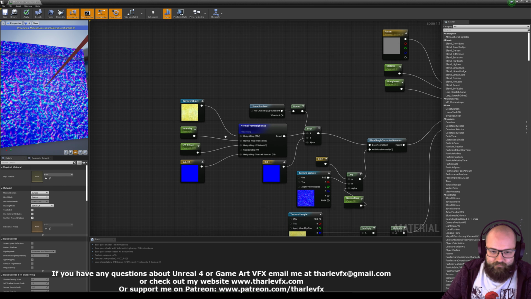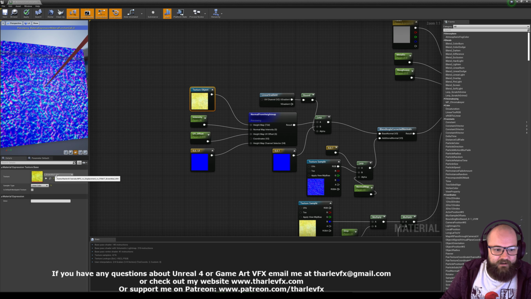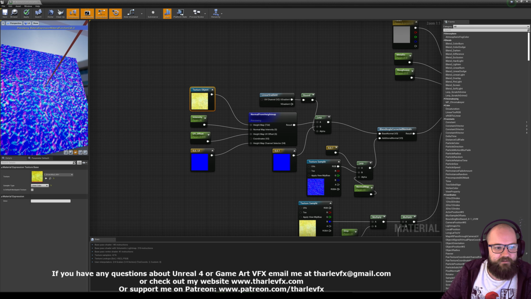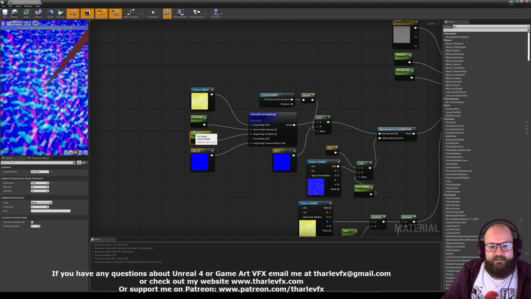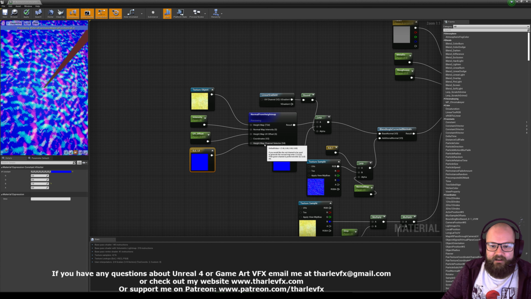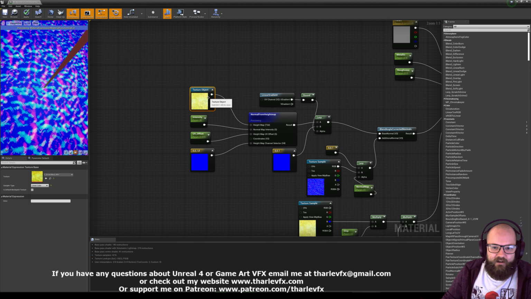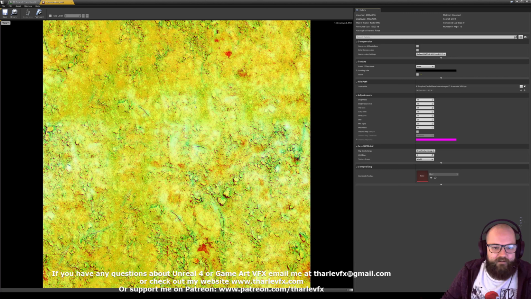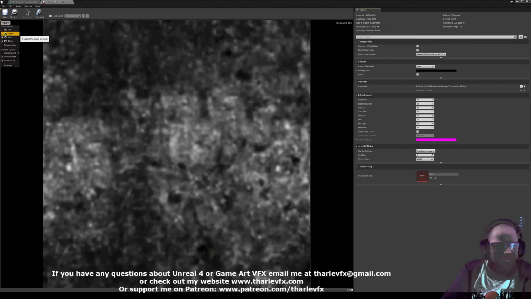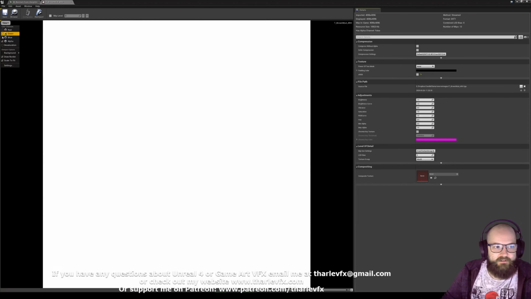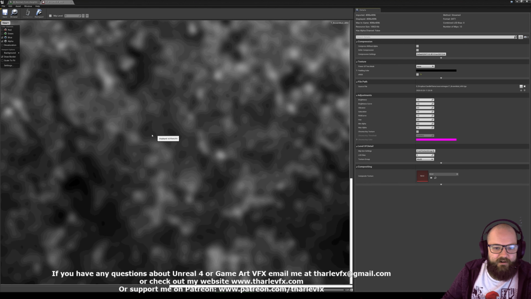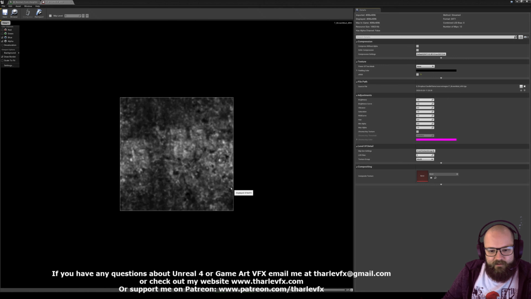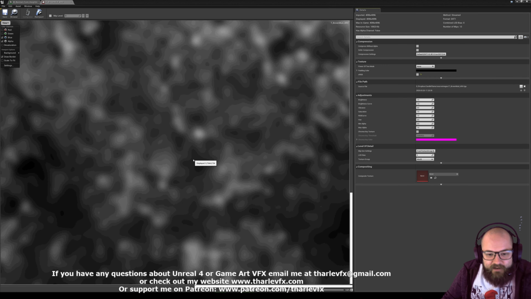I'm plugging in a height map here from the texture. This is the same sort of mud texture from last week. And then you've got some inputs, intensity and offset, and then here it's just telling which of the channels to use. So here this is an RGB that will pack together the ambient occlusion, the roughness, and the height map. So the height map's in the blue. We're seeing it's probably not the best height map in the world. Maybe needs a bit more. I think I blurred this last week to get a better result for the